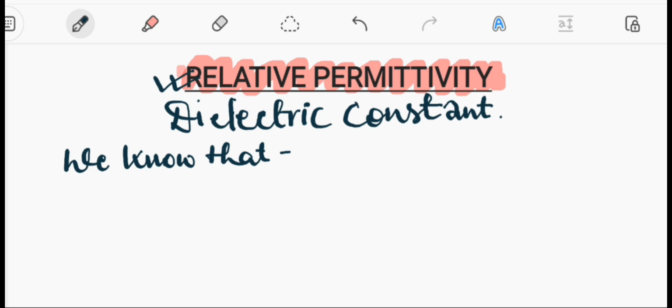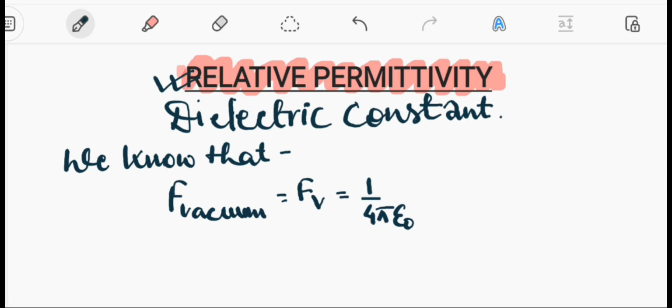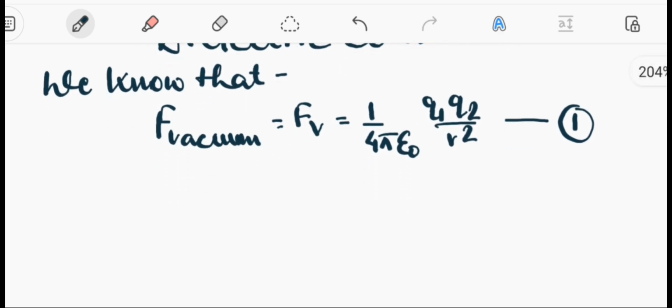Now from Coulomb's law, the force between 2 point charges, let us consider first in a vacuum. We will denote it with FV, which is equal to 1 by 4 pi epsilon naught Q1 Q2 upon R square. This is the case when the 2 point charges Q1 and Q2 separated by a distance R are kept in vacuum. Now students, if we keep these two charges in any medium, that is the force between